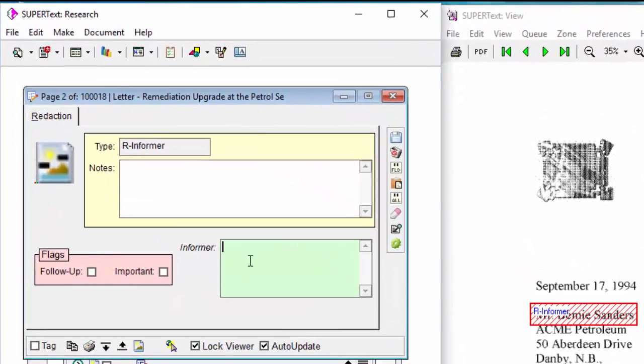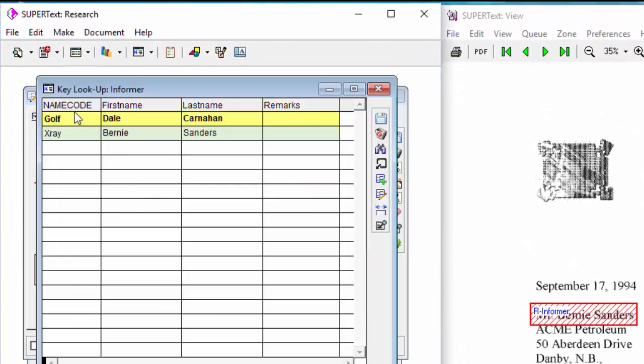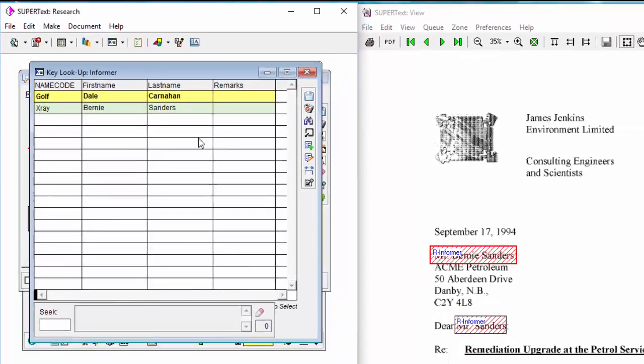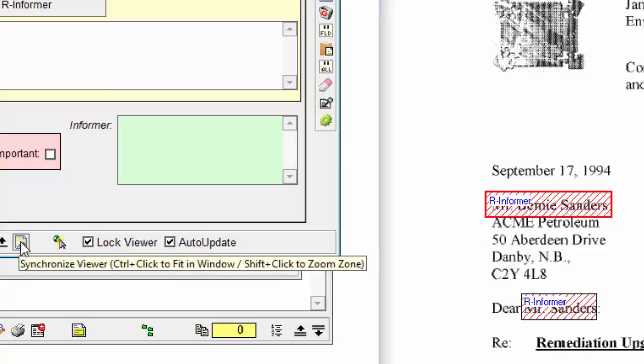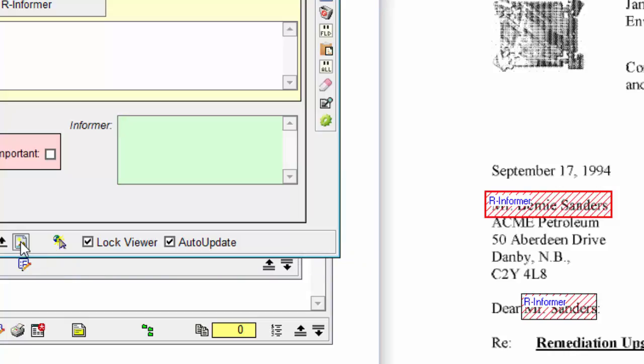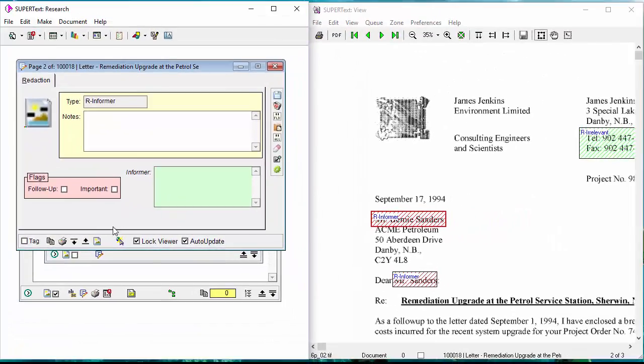But that simply means that when I double click, I get a list, a table, and I can select one or more items from this list, which we'll try in a minute. But I want to show you something nifty. If I take a look at the tooltip here, there's an option to shift click to view to zoom to the zone, or control click to fit in window. So if I shift click,